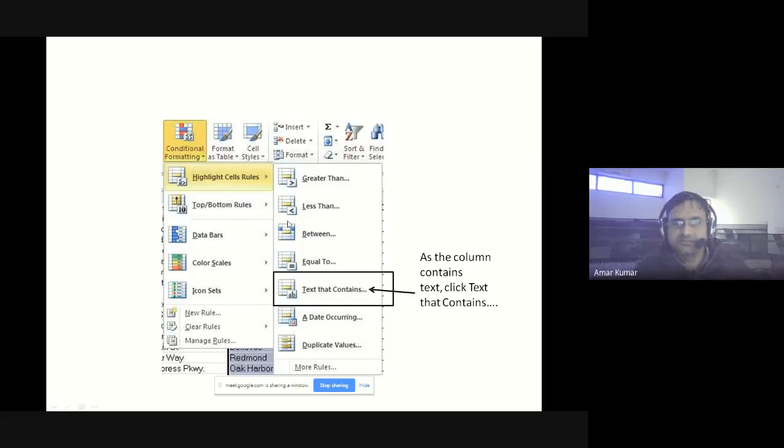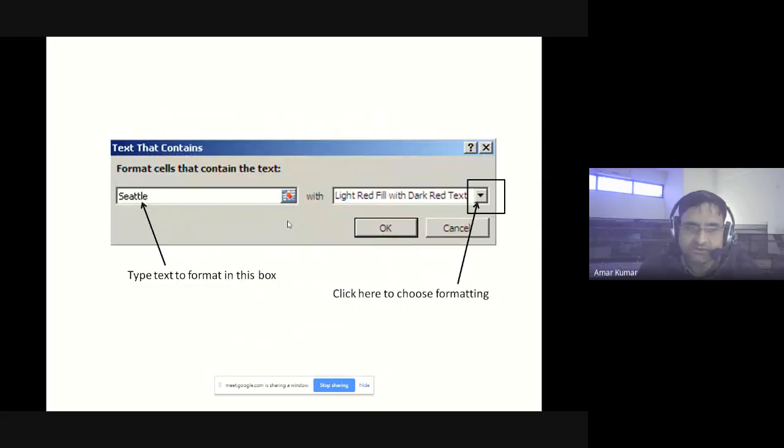It means that depending on the different conditions, we can apply conditional formatting in our sheet. Here we are applying conditional formatting on the conditions of the text that is in a particular cell. Now, if you click on that, there you will get format cells that contain the text